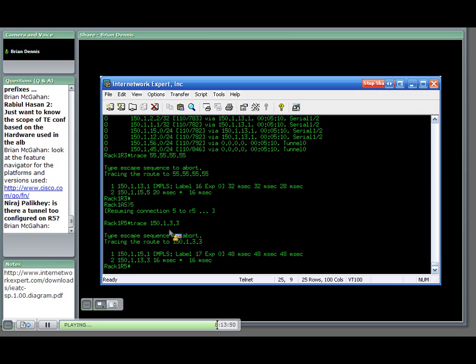Earlier when we traced, we just went across the network normally. And now we see we go across the traffic engineering tunnel here. So this is allowing traffic to transit the tunnel. Now, even though the terminology is used as a tunnel, it's not